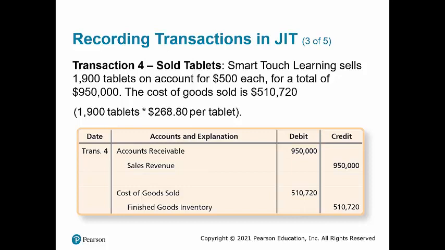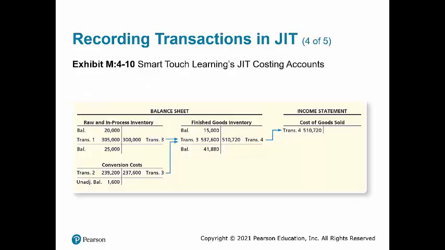$950,000. To record the cost of goods sold, we would take the standard cost of $268.80 multiplied by 1,900, and we would debit cost of goods sold and credit finished goods inventory for $510,720. This slide shows the T accounts showing the movement of the goods from raw and in-process inventory and conversion costs to finished goods inventory that we recorded in transaction 3. It also shows the movement of the cost from finished goods inventory to cost of goods sold that we recorded